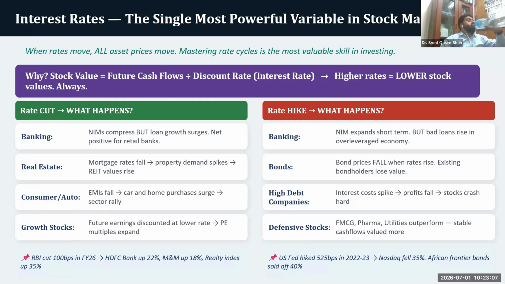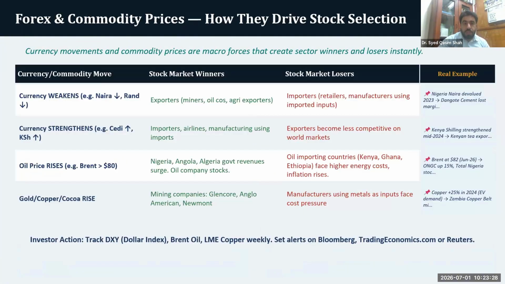So all these things show that these variables, the GDP, the interest rate, and inflation, are directly linked with stock prices. We have now discussed these three things. Moving forward,